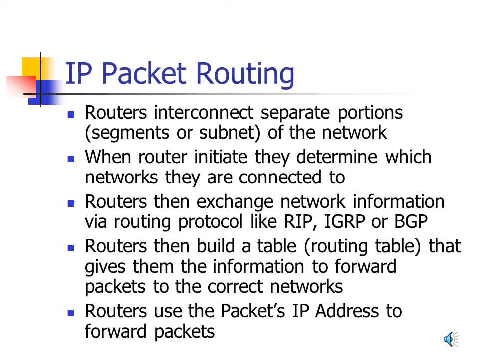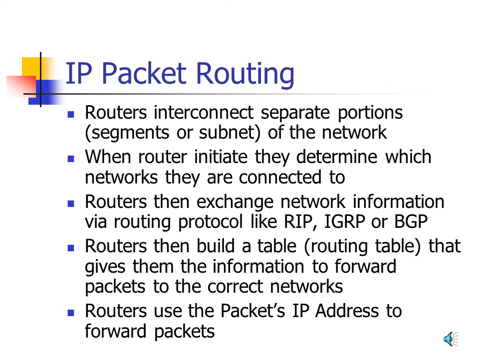When a router initiates, when the power is turned on, the first thing it does is try to determine which networks it's connected to. Once they've determined this information, the routers will exchange it with other routers, and they use special routing protocols like the Routing Information Protocol, RIP, the Cisco protocol IGRP, or BGP, and there's actually a large number of different routing protocols. Based upon the information they discover when they start up and the information they receive from other routers, the router will build a routing table that gives them the information they need to forward packets to all